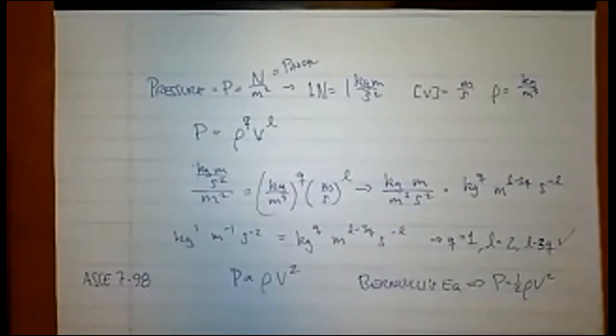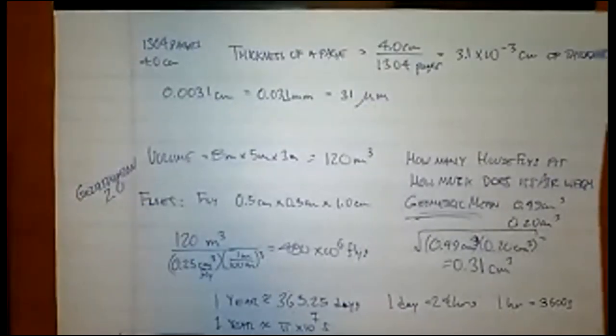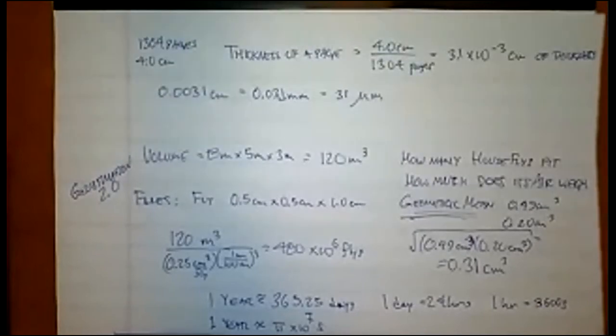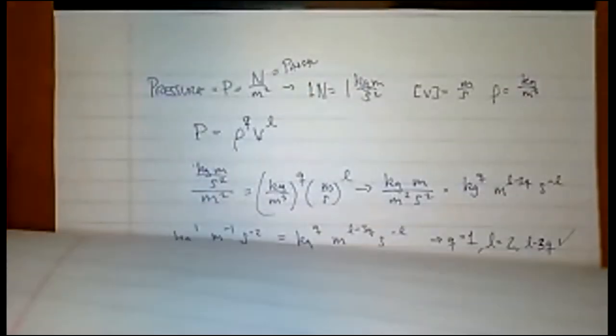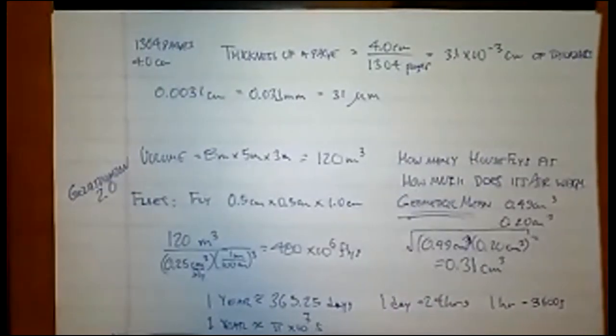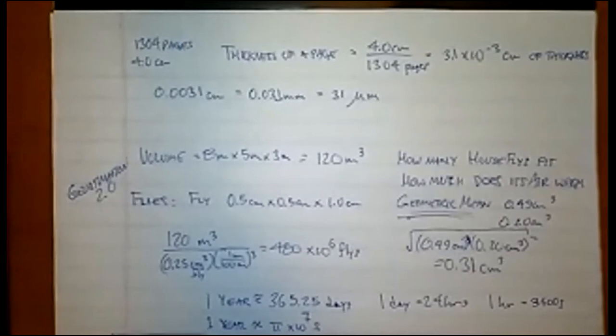Anybody else have any questions? I have a question for the lab report. Okay, go for it. I just wanted to know, when we're doing averages, do we also include uncertainty? You mean like are you talking about doing a weighted average or something like that? No, because when you were explaining it, it was like x bar plus. Gotcha. Yeah, I know what you're saying. I realize that. No, you don't have to do that. The average, you're just going to take your measurement plus your next measurement plus your next measurement. Add them all up and divide by the number, and that'll be fine. Okay, thank you. I just didn't know if I had to include the uncertainty yet.